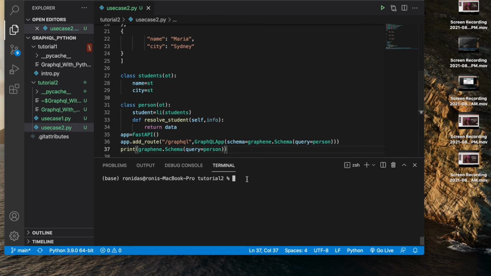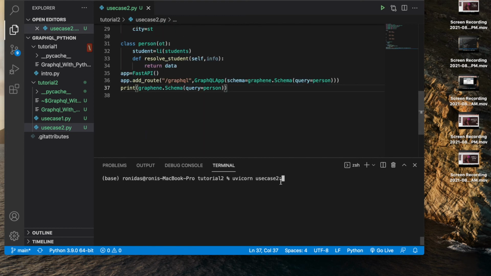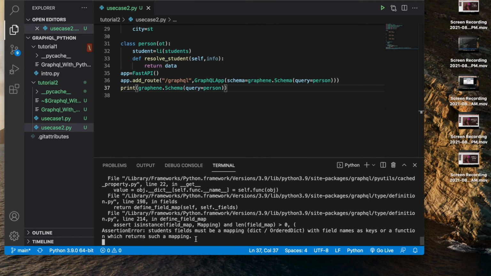Maybe uvicorn, then use case 2, and this app, and --reload. So first it will print my schema. Interesting thing, again there is some problem.